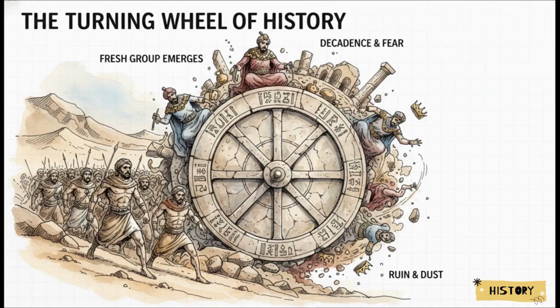And the source material gives us countless historical examples of this. The Zenata are conquered by the tougher Almoravids. Then the Almoravids get soft and are replaced by the tougher Almohads. The Umayyads fall to the Abbasids. It is a constant, churning wheel of history, where the tough conquer the soft until the tough become soft themselves.